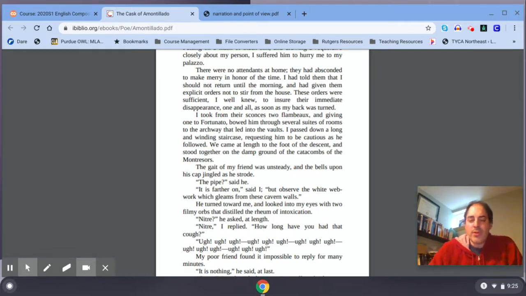What could Fortunato possibly have done to make this act of revenge justified? The fact that Fortunato has no clue, that he's willing to follow Montresor into this crypt without any suspicion whatsoever, suggests that whatever it is, it's something that only Montresor is aware of. And then very quickly we begin to wonder if we might be dealing with somebody who's not necessarily,